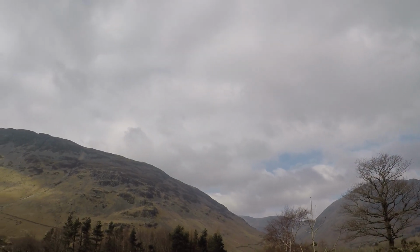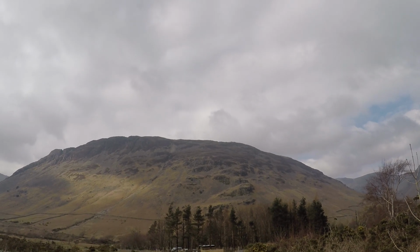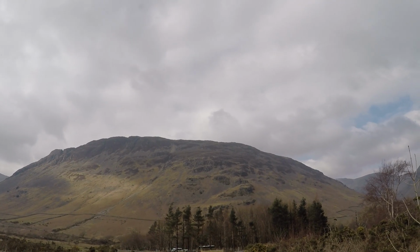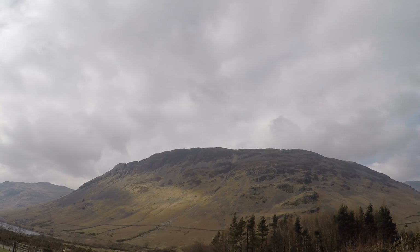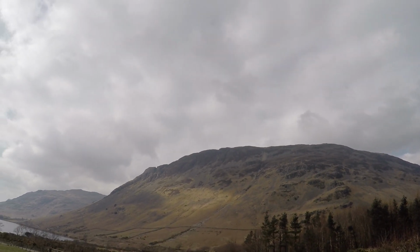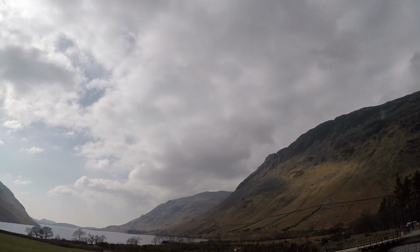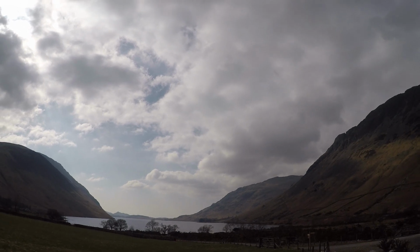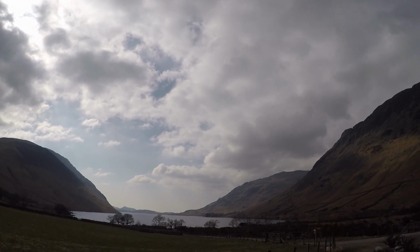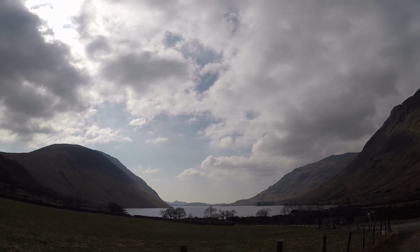Just been watching some magpies in the trees at this end there. They're nesting, chattering away. There's Newbarrow up above us, and that'll be Middlefell out on the end. And you see the sparkling of the vehicles coming along the Lakeshore Road. And that's looking down